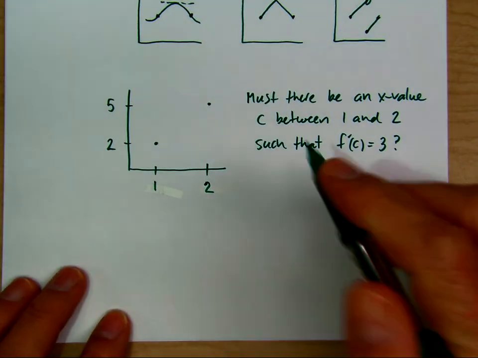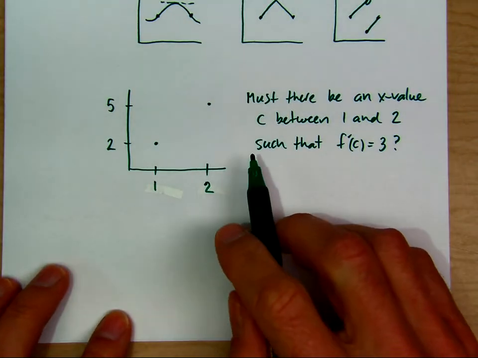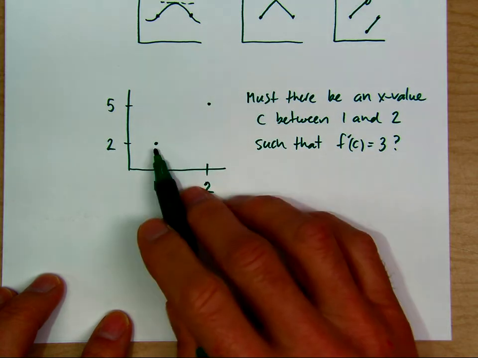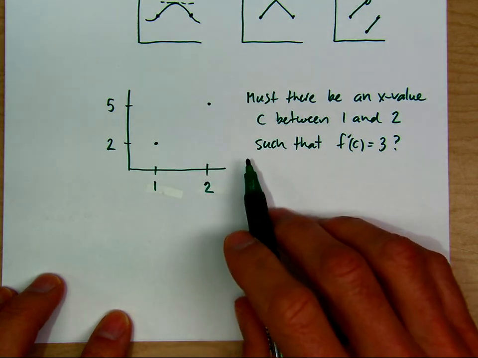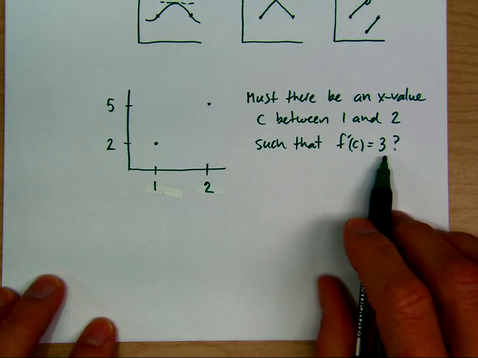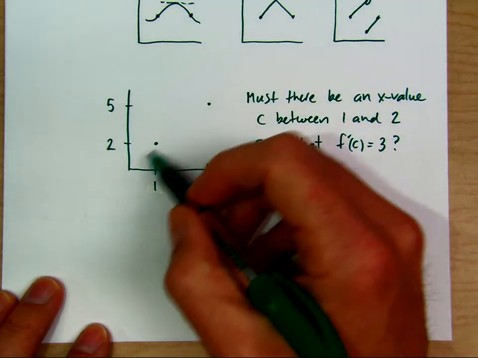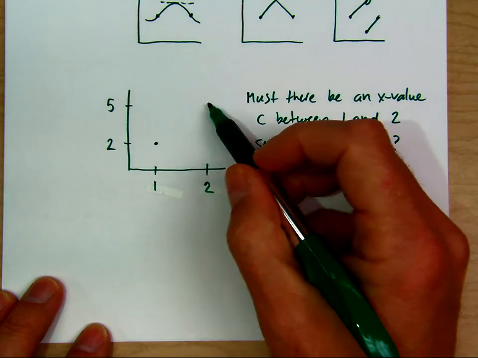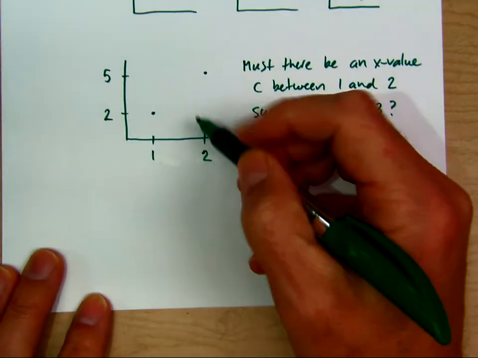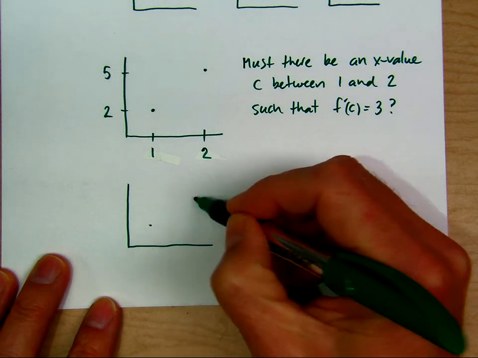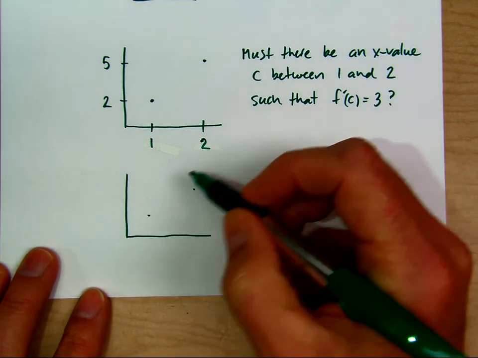And now we look at mean value theorem. We know this much, these 2 points on a graph, and must there be an x value between 1 and 2 such that the slope is 3. So here's the graph of f. Does it have to have a slope of 3 somewhere between these 2 points? And if we have points like this